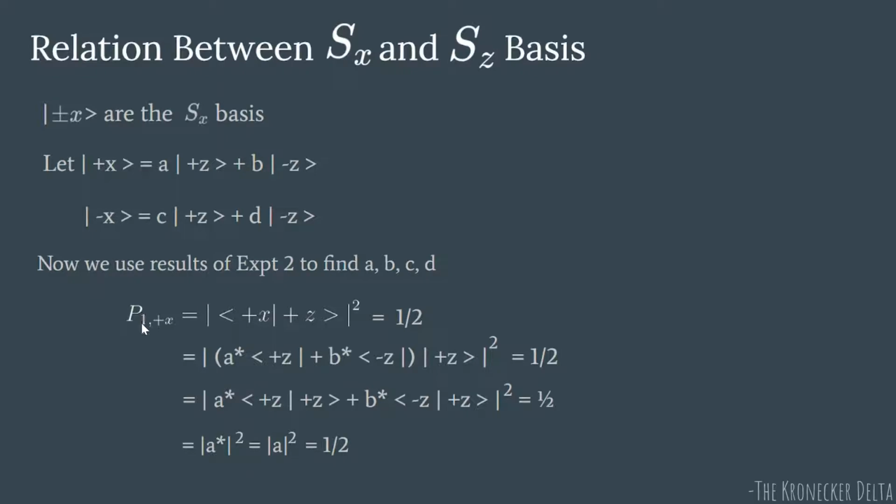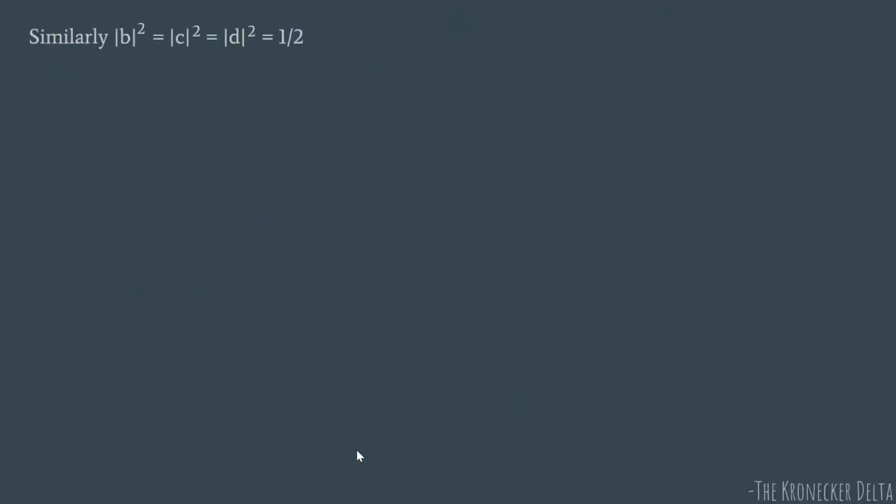Similarly, if instead of inputting the first beam, you input the second beam, and then ask what's the probability to end up in the plus x state, then you write here plus x, then you write here minus z because you're inputting the minus z beam. Then you take the product, and you get the value of mod b square. Then you input the second beam and you ask what's the probability for it to end up in the minus x state, and hence you get mod d square, and all of these have the same value, that is 1 by 2. Similarly, mod b square, mod c square, mod d square is 1 by 2, and also mod a square was 1 by 2.